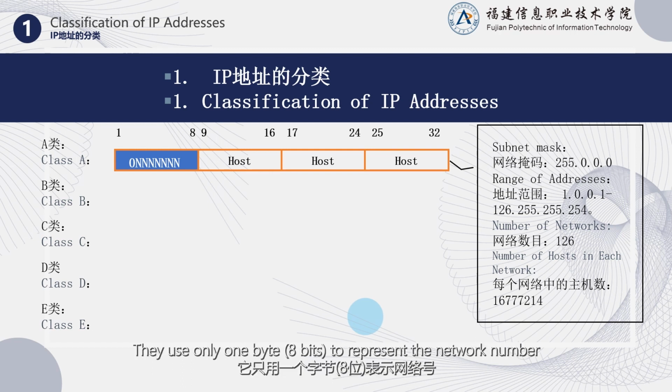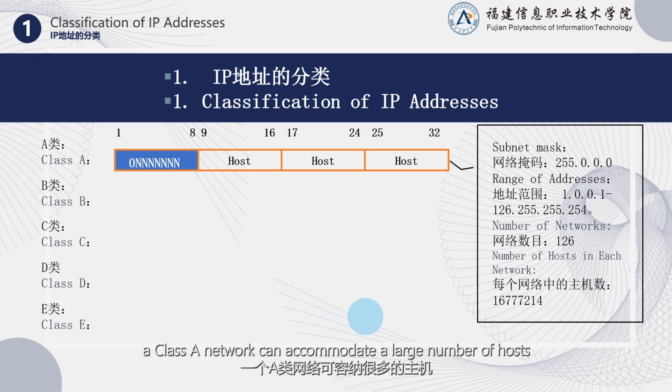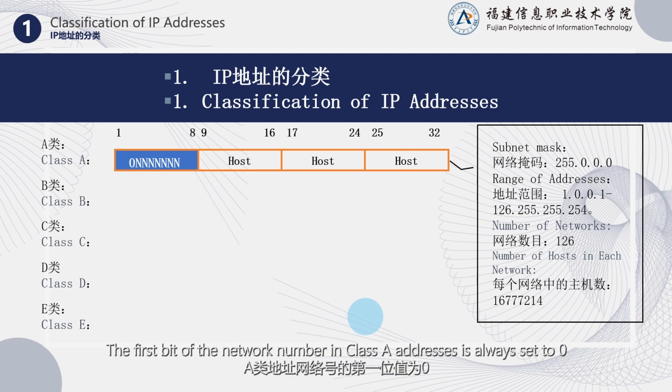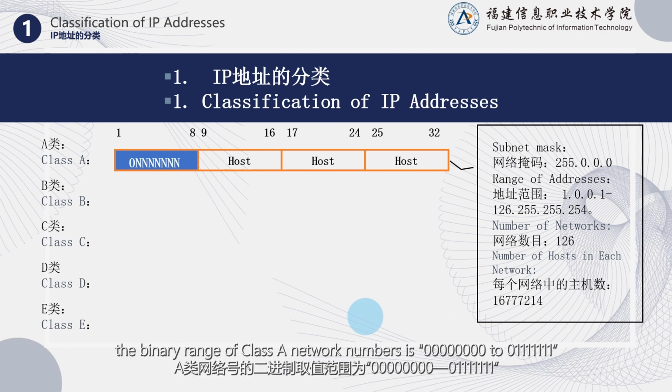Class A addresses are suitable for large-scale networks. They use only 1 byte, 8 bits, to represent the network number, and the remaining 3 bytes represent the host number. Therefore, a Class A network can accommodate a large number of hosts. The first bit of the network number in Class A addresses is always set to 0. As a result, the binary range of Class A network numbers is